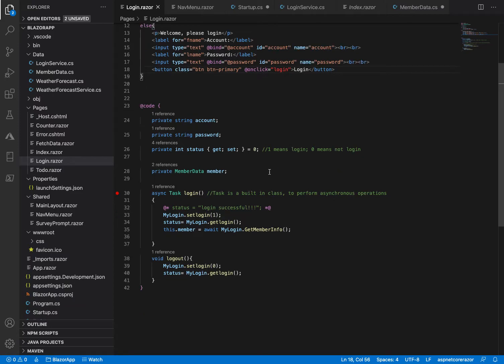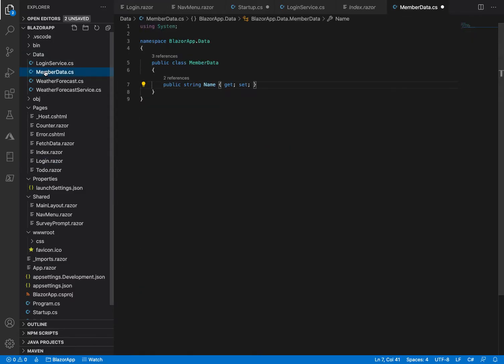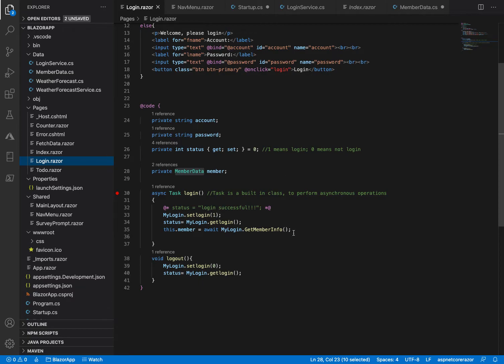And so now under here, we have this member data class, and this member is one instance of it. And where is this member data class? We created it, and it is under the data folder in the member data.cs file. Basically, what this member data does is it's just going to get and set the username that our user is going to enter. So going back to this login.razor file,